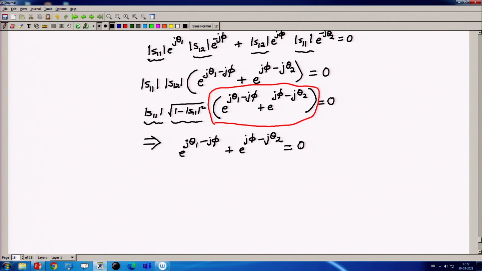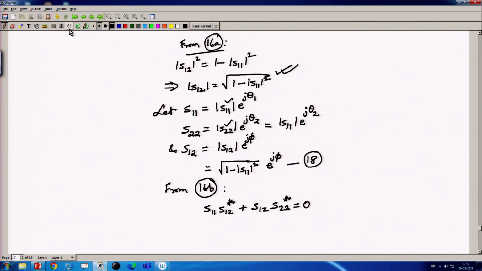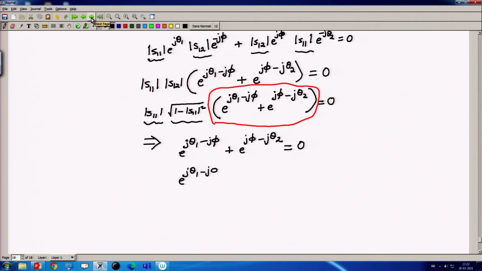And from here I can say, and from here it is a simple exercise to say